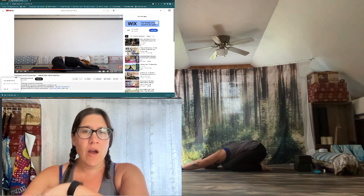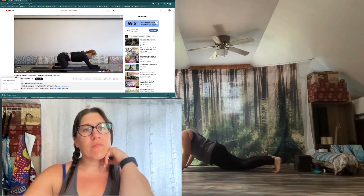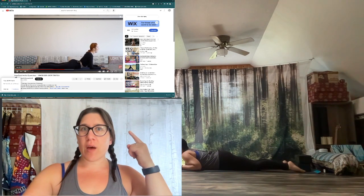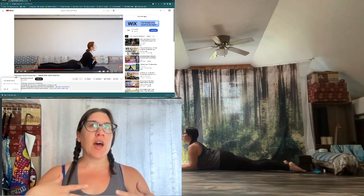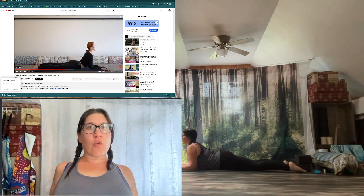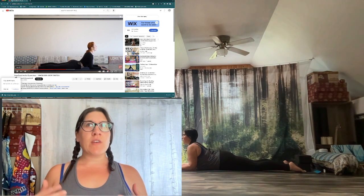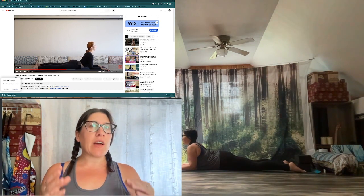Let's come forward into our Sphinx pose. So you're going to slide all the way onto your belly. Sphinx pose is nothing that I would have immediately thought to add to a practice after riding, because when I'm riding, I think like I open up through the chest so much to try to get that nice length and that rolled down shoulder as I'm riding that I wouldn't necessarily think, oh, let's do it again after, but I understand